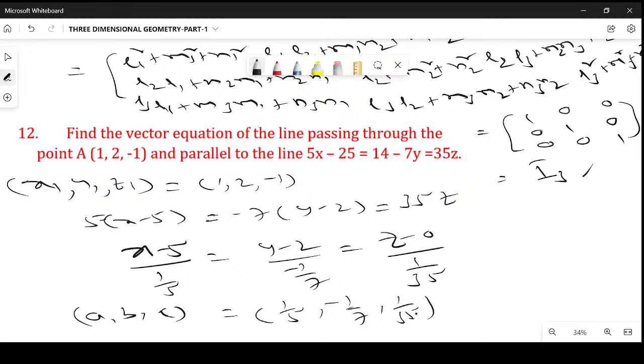If you multiply each by 35, I can also write this as 7, minus 5, 1. That can also express the direction ratios, because the line passes through this point and these are the DRs parallel to this. The equation of the required line is